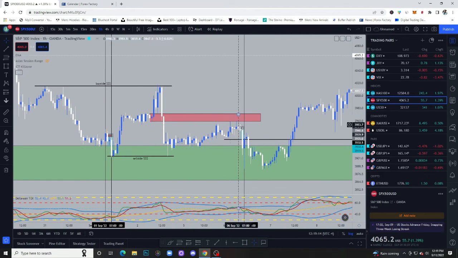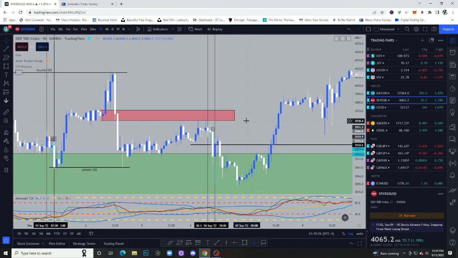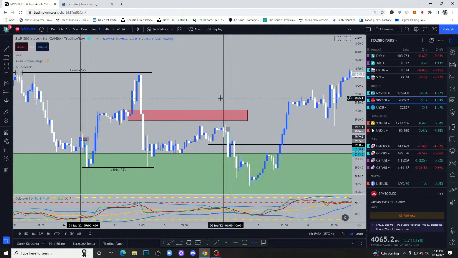And as you can see, this was part of the trade breakdown that I did last week, or the trade opportunity that I broke down that you could have taken last week. I would have taken it too if I was trading a real account right now, but I'm actually just practicing on demo. And like I said, I feel pretty comfortable now with getting a funded account earlier. But